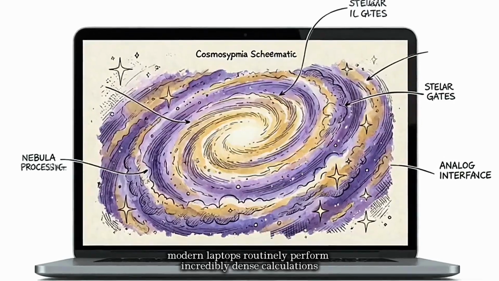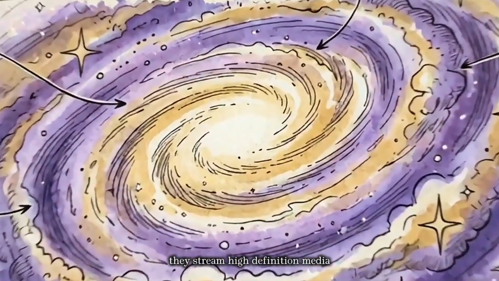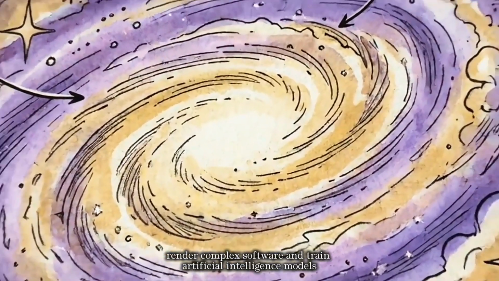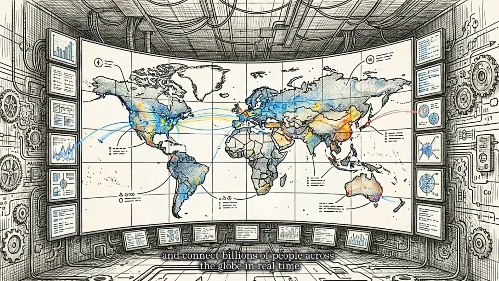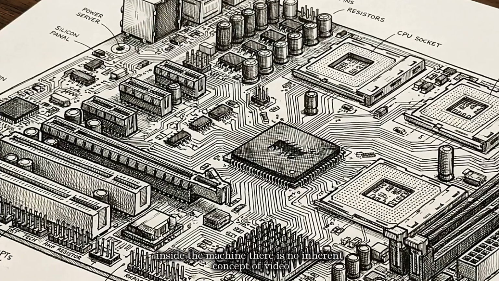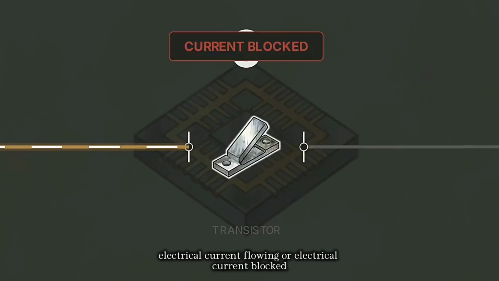Modern laptops routinely perform incredibly dense calculations. They stream high-definition media, render complex software, train artificial intelligence models, and connect billions of people across the globe in real time. Inside the machine, there is no inherent concept of video, no recognition of color, and no capacity for language. At the base of the hardware, the computer only encounters two physical states: electrical